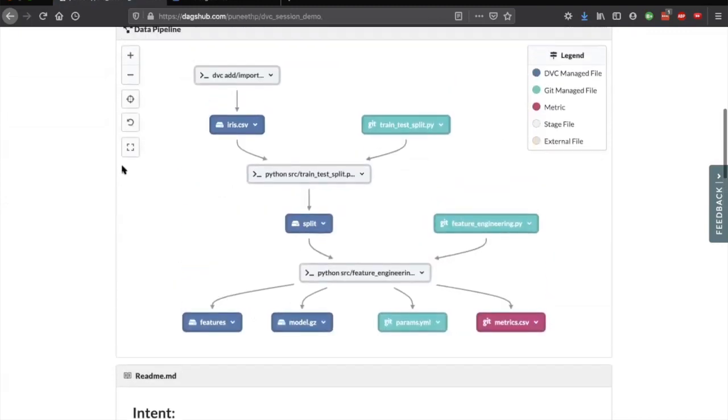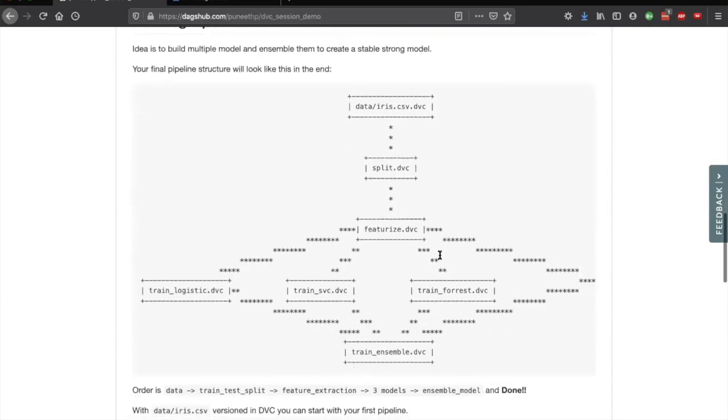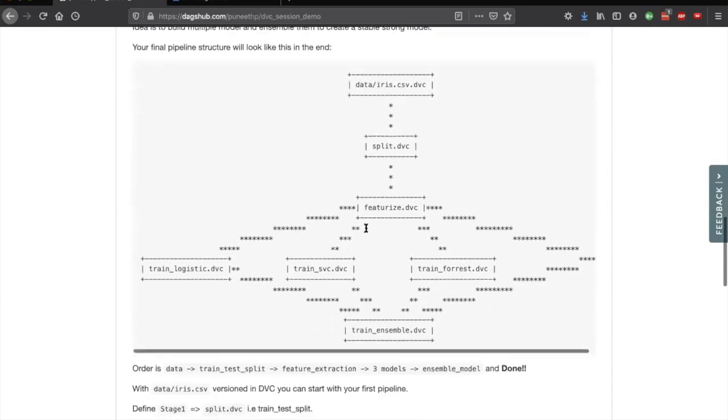Okay, this is the updated view of the pipeline. So now you have come till here. You have done feature engineering. Now we'll quickly train 3 models and do an ensemble in the end.